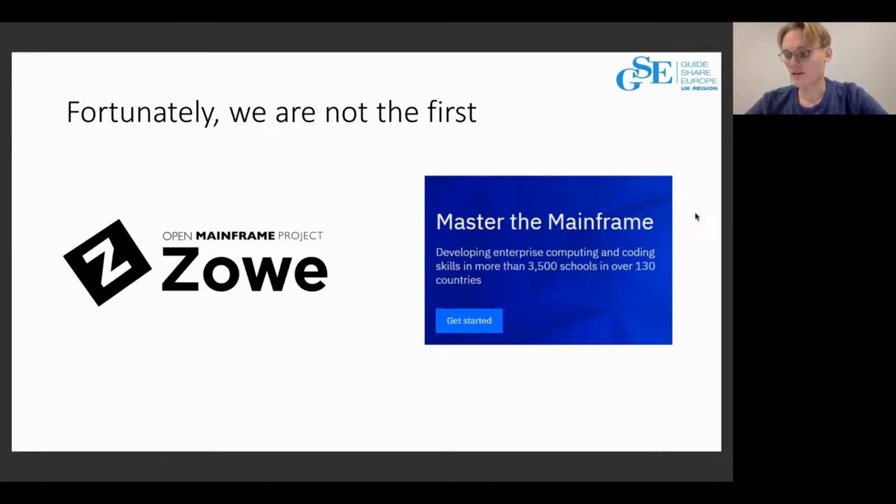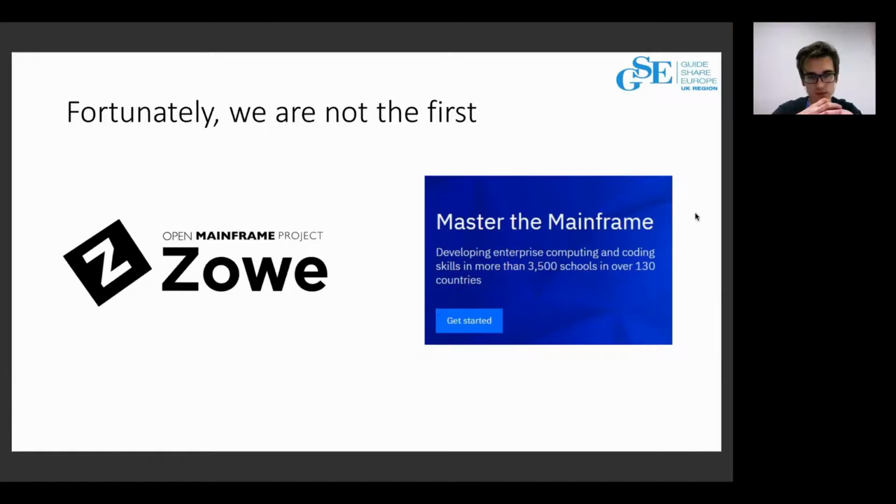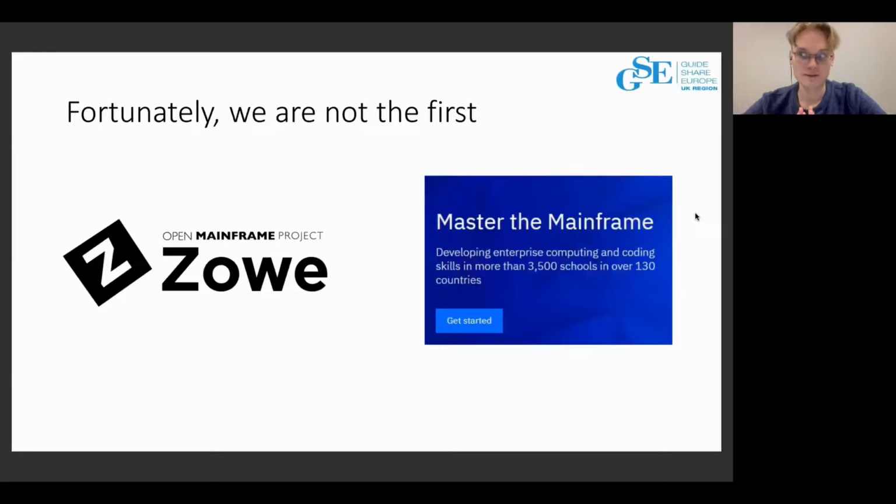This is great because the attendees of these courses will see that the mainframe is not something scary and outdated, and we hope that at some point it will be possible to complete these courses using our plugin, because we also want to make the mainframe more attractive, especially for newbies.